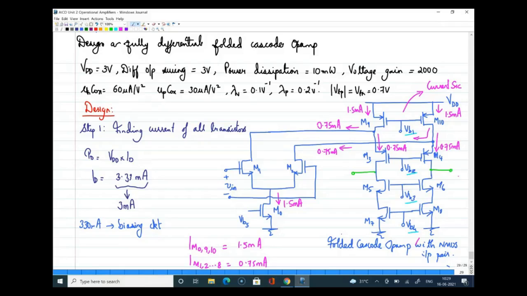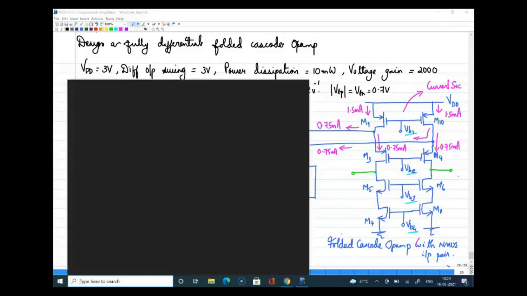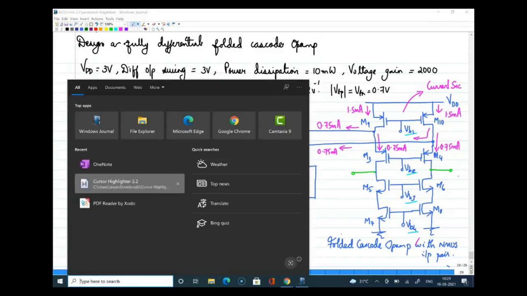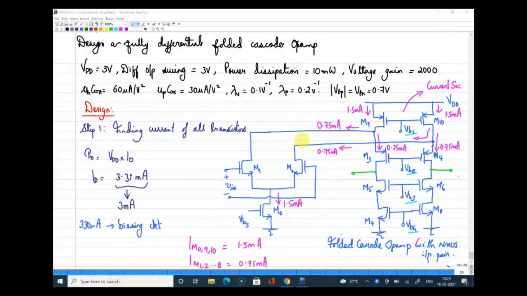So in that way, both sides are equally important. What you're seeing here, the input pair is providing you gm, and on the right side, this is providing you resistance, and the current division is not at all depending on the AC resistance, because what I have allocated here is a DC current. Is that clear, Bhavya?